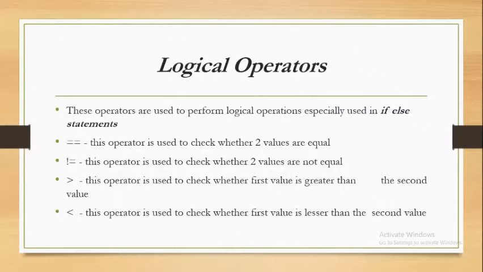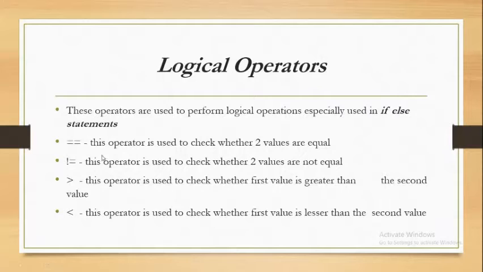For example, if you do variable I equals equals variable x, then the compiler checks whether I is equal to x or not. If it is equal, it will do something. If it is not, it will do something else. And mainly these logical operators are used inside of if-else statements. So you might not understand this concept completely in this slide, but once you reach the if-else statements, you will totally understand all these logical operators.